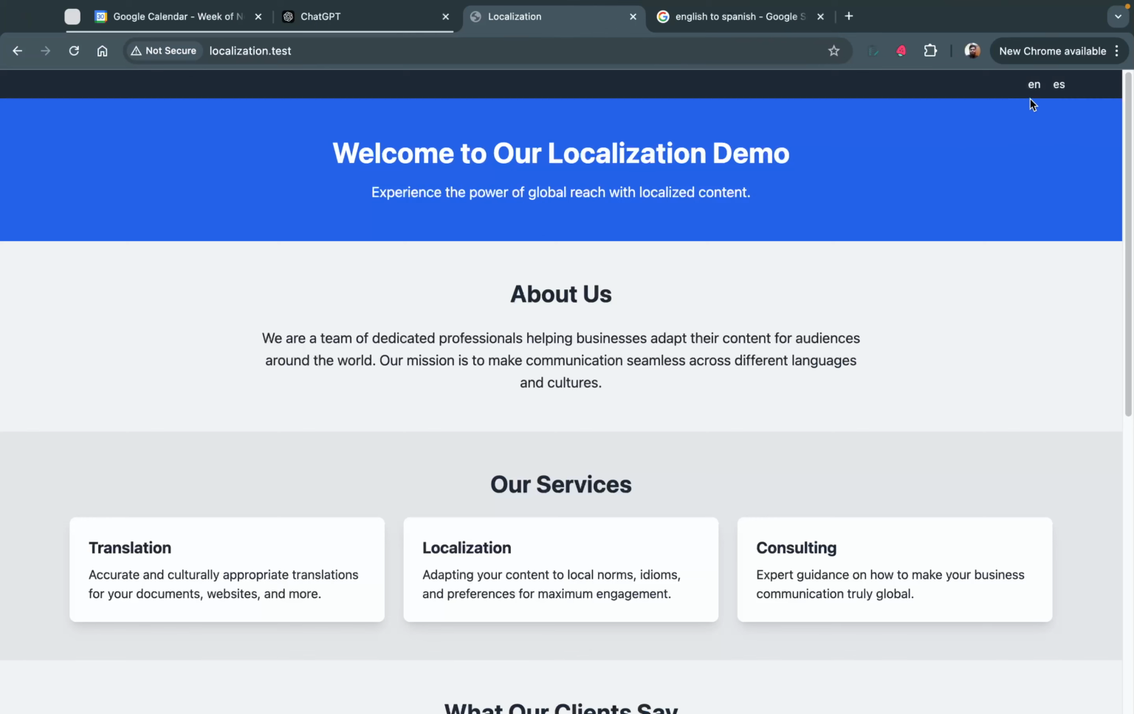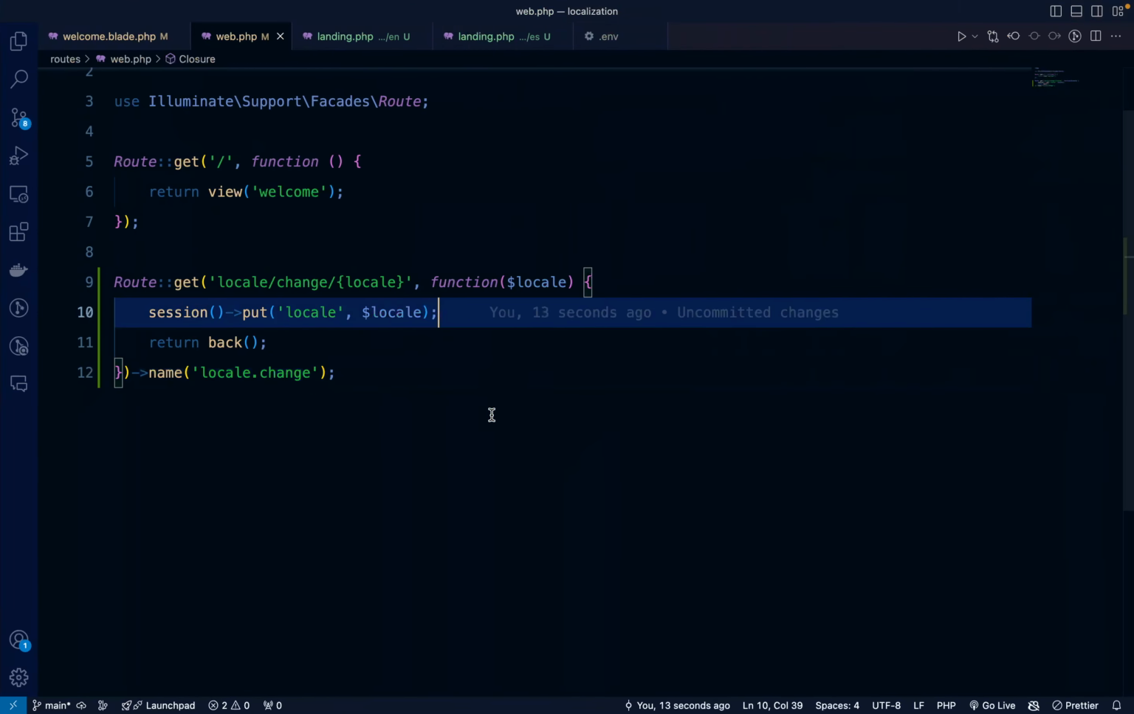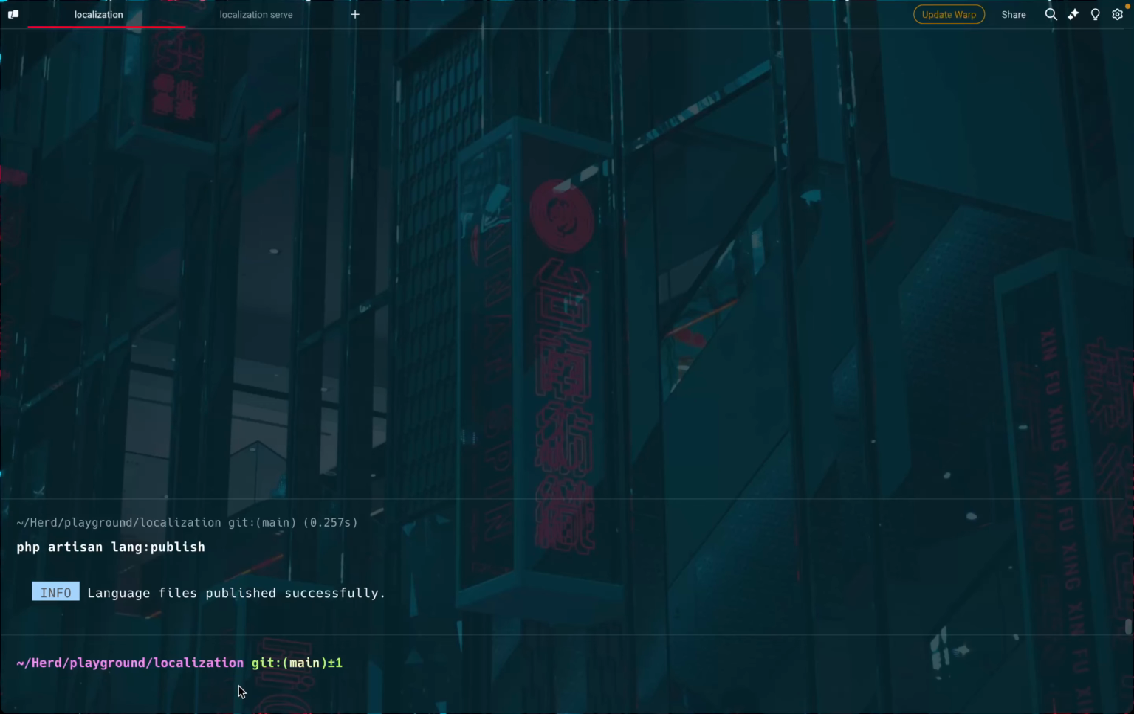If we go back now, we see these two links for EN and for ES. And if we click, it's going to set that in the session. So in order to set the locale, what we need is we need to use a middleware which runs on every request, and then it sets the locale based on this session value that we have set. So what we're going to do is we're going to create a new middleware. We're going to call it middleware set locale,